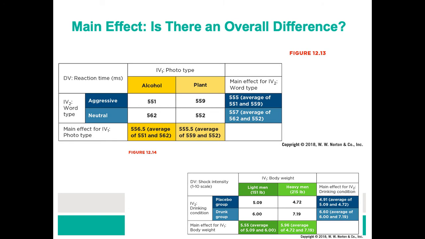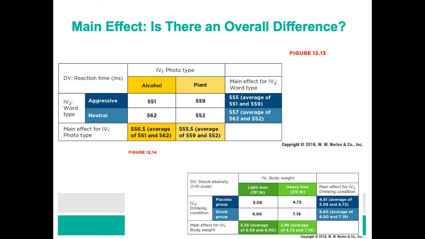So is there an effect of aggression? Is there an effect of alcohol? That sort of stuff. And when you see those sort of marginal means on the outsides of those tables being very different, you expect to see some significant result when you do the statistics. So see on the right there, the aggressive or neutral word type did not seem to have a difference there. 555 versus 557. In that time on reaction time or whatever,